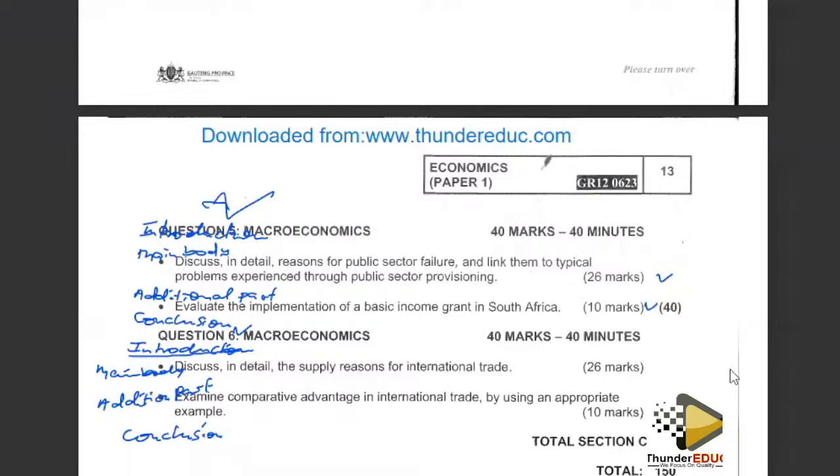The public sector here will refer to the state or the government that provides individuals or the economy with free goods. Okay, right. So now what can be the introduction of this? The introduction can be: public sector failure occurs when government intervention fails to meet the desired outcome, making the existing economic situation worse. I'll come again for the introduction. You can say public sector failure occurs when government intervention fails to meet the desired outcome, making the existing economic situation worse. Okay, right. So now let's check the main